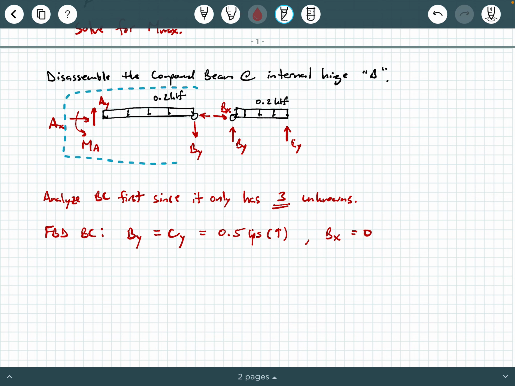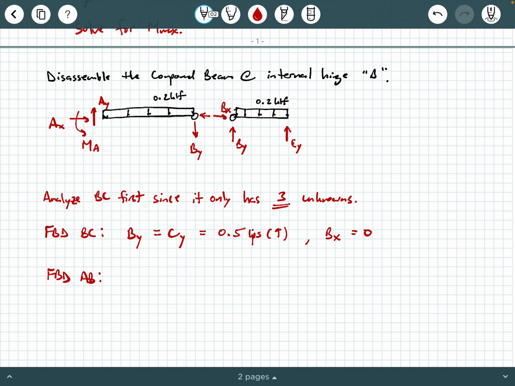Now I move on to a free body diagram of AB, all right? So I'm going to say free body diagram of AB. Now the thing we got to remember is that we calculated BY is 0.5 kips pointing upwards in free body diagram BC, which means that in free body diagram AB, BY is pointing downwards, but with the same magnitude. So this BY has the same magnitude as the BY we just calculated, but it is pointing down, all